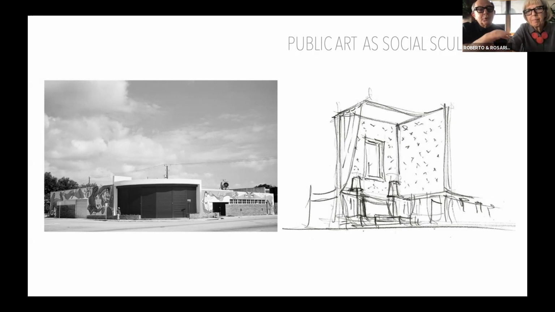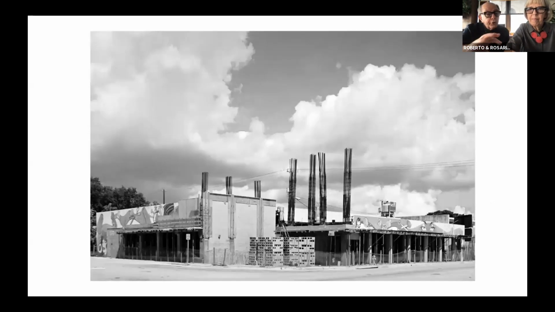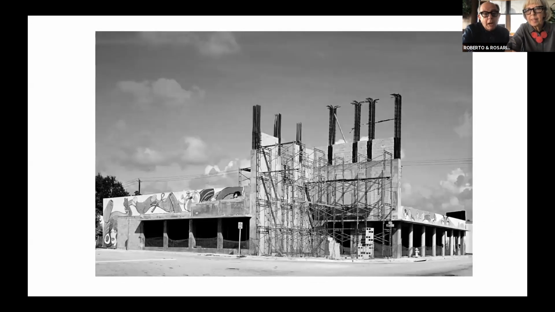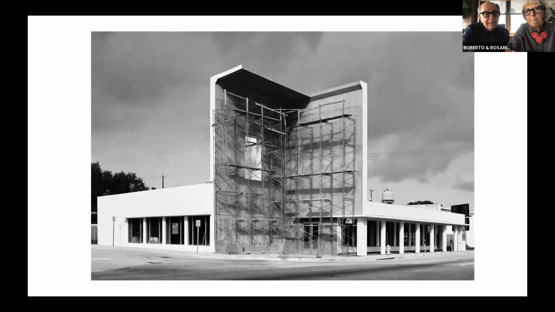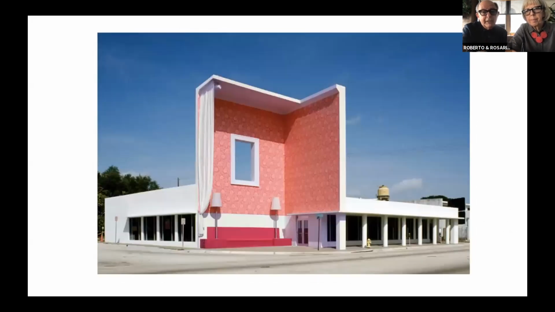So what we decided to do was to take out the corner. Here you see the sketch of what the project was to become. We decided to take out the corner to make part of the building public, and indeed a kind of little square within the neighborhood. So we tried to turn the building inside out, a building that was looking pretty much towards itself, and it began to share part of its square footage, about 500 square feet to be precise, with the street corner where it's located.